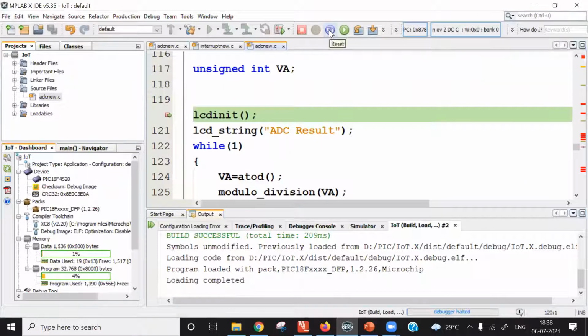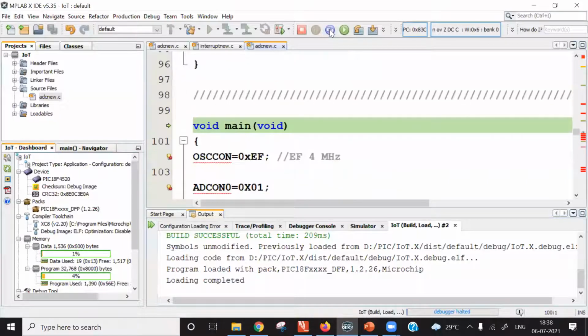So this icon here, when I put the cursor on it, is used for reset purpose. If I click on it, my cursor is placed on the main function, and there is one green arrow here. After line 99, in the next row you will see one green arrow pointing towards void main function. So program execution is halted right now.